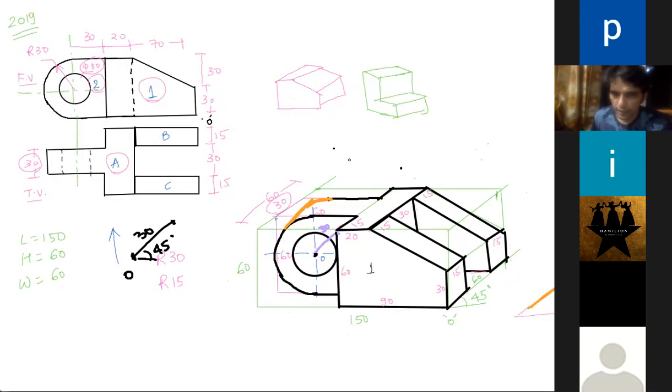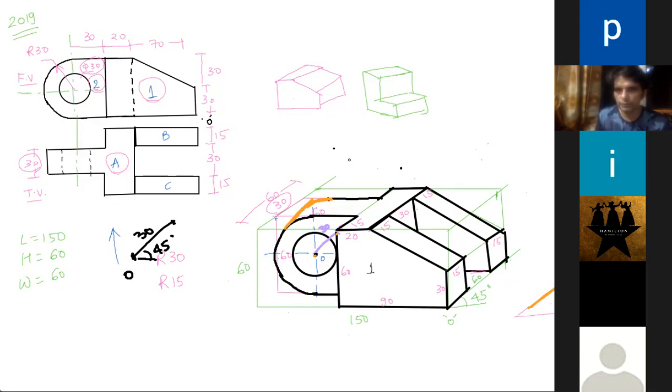And one more thing. Sir, could you repeat it? The same point. From here you go behind by 30 and again you draw radius 15. Just check whether you are getting this part or not. The behind circle, I'm not too sure, because this distance is 30 and this is 30, so you won't be able to see. But I'm just telling you to check. It's always good to check. Maybe a slight curve or something might come. So we are done with this sum.